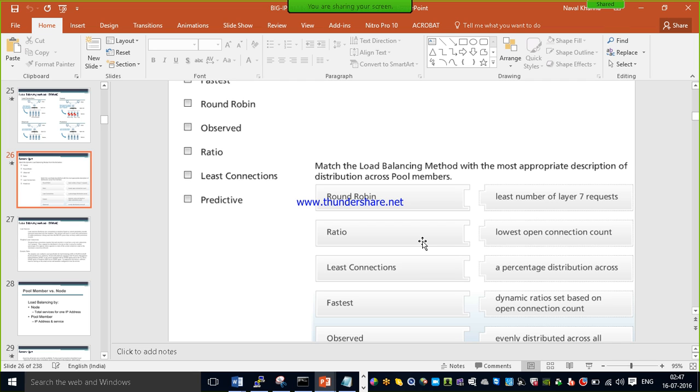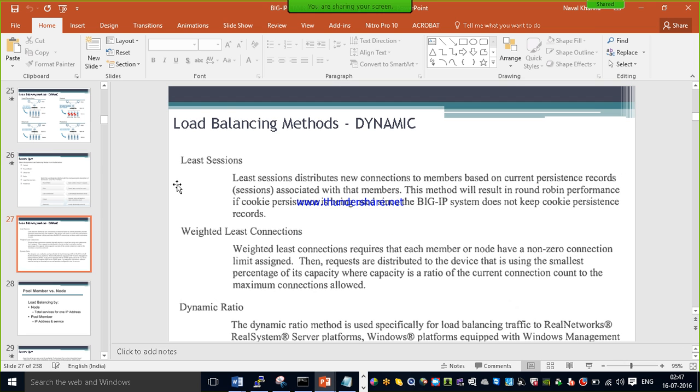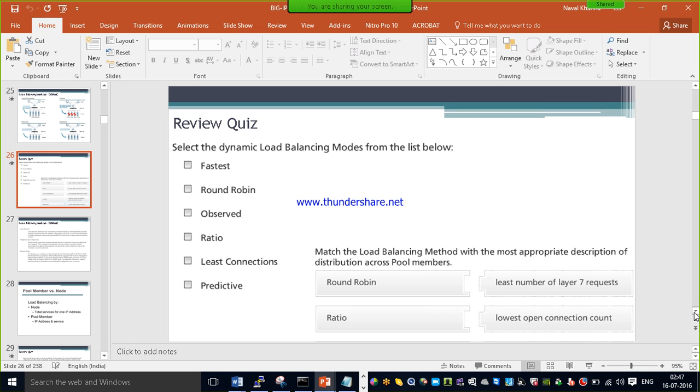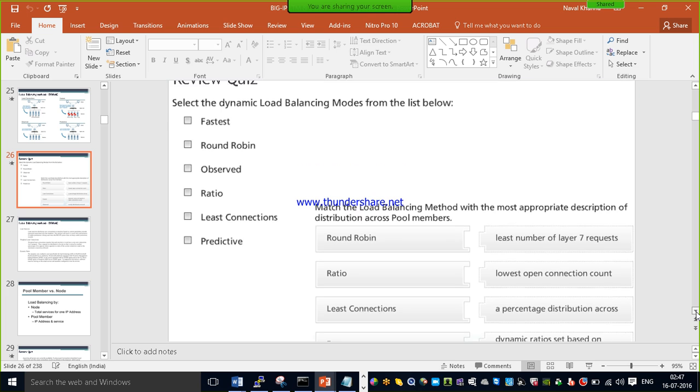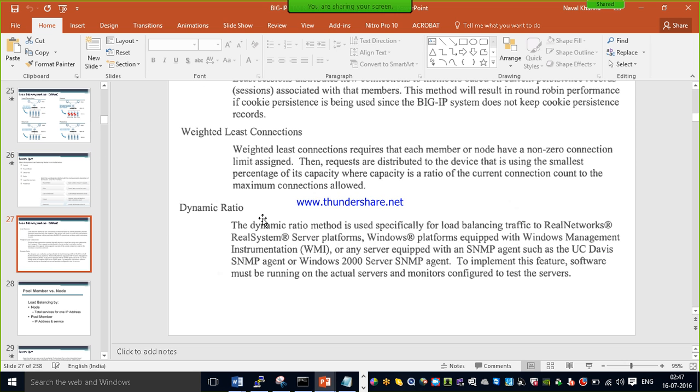So ratio means a percentage distribution across, right? Ratio will divide in percentage. Least connection, lowest open connection count. Fastest means lowest least number of layer 7 requests. Then observed means dynamic ratio set based on open connection count. Now this is the description of